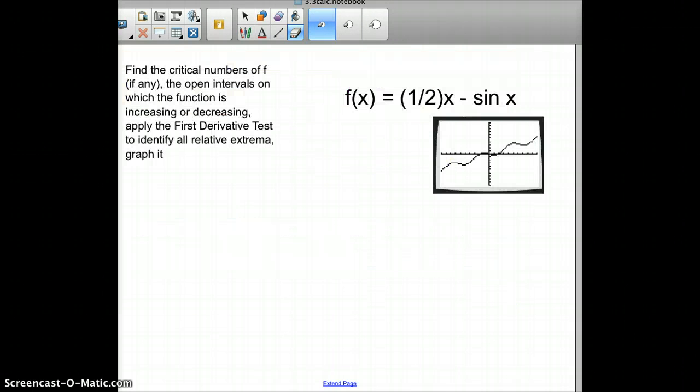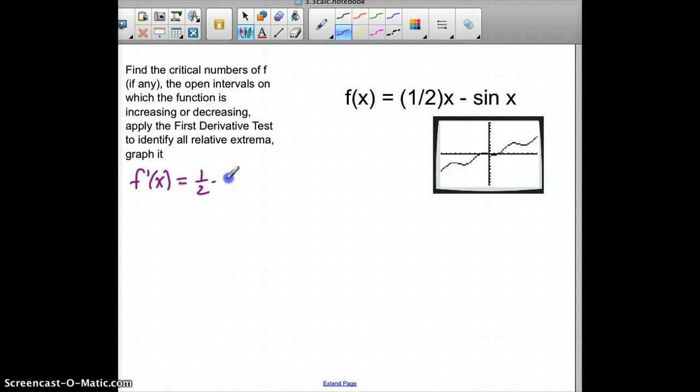So let's do an example here. Find the critical numbers of f, if there are any, the open intervals on which the function is increasing or decreasing, then apply the first derivative test to identify the extrema, and then graph it. All right, I graphed it first, just because it's easier for me to put it in right now. So let's take the derivative,